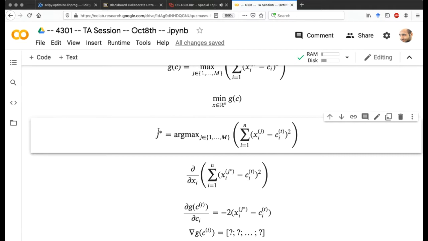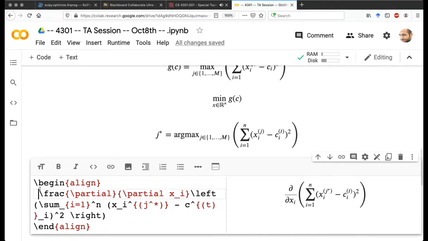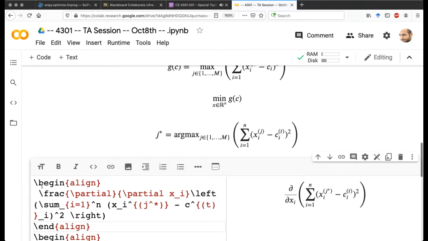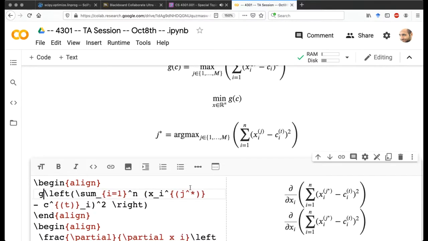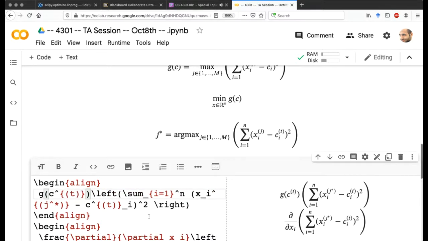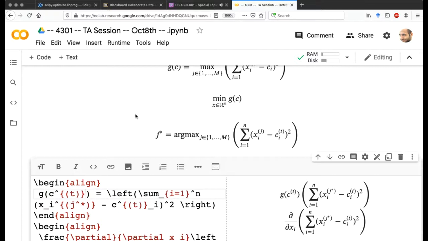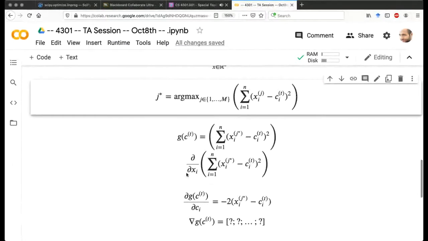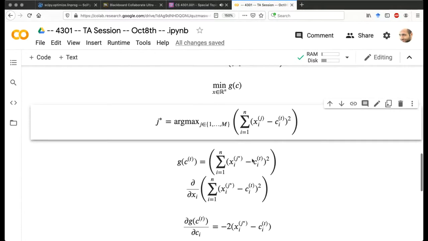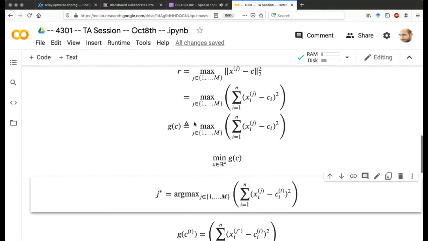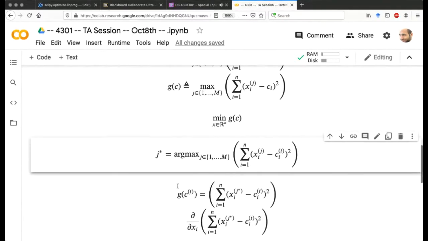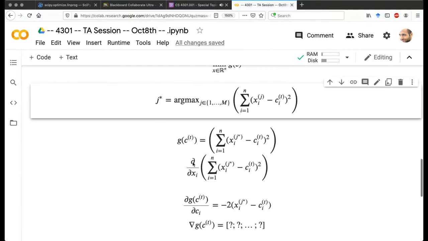After I find J star, then I know that G of CT is this value, right? I guess it should be clear now that G of CT is this value because it is the maximum. G is the maximum, so I find the maximum here. So G at CT is this much, right? So then I want to get the